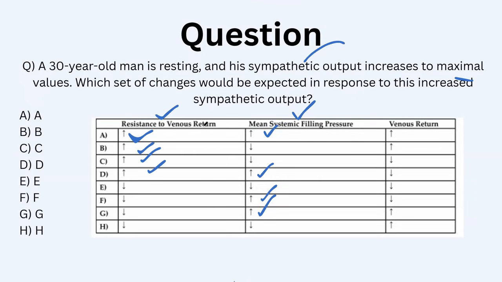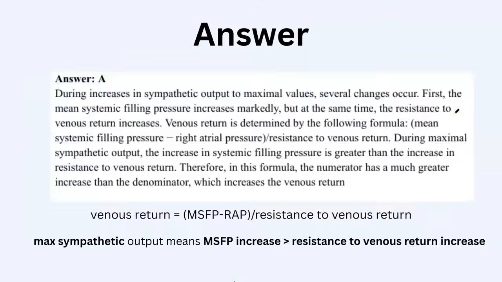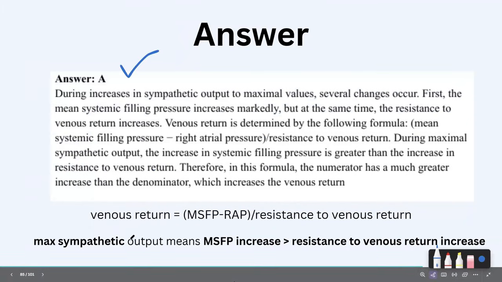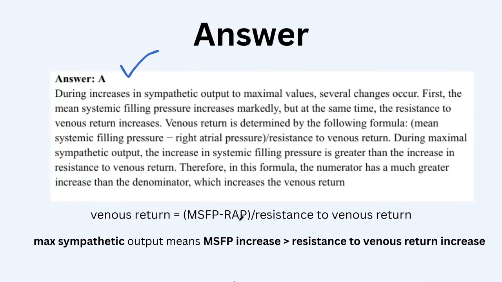Okay, so what's matching here? A is matching, okay? Of course, we said that venous return would increase. Now, let's look at it a bit more refined. The answer is A. So venous return equals mean systemic filling pressure minus the right atrial pressure over resistance to venous return, okay? I'm not going to go into the details of the derivation of this equation, but just know this equation for